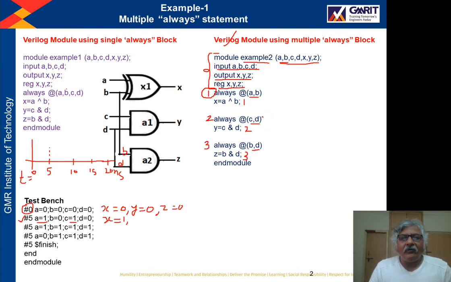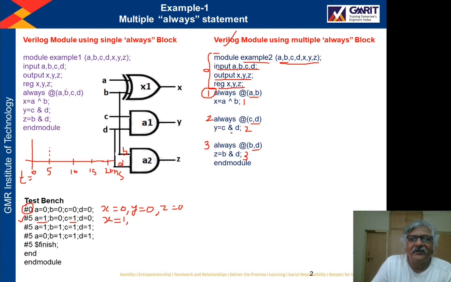Now see the always block 2. It has C and D in its sensitivity list. And here you see the value of C also changed to 1. So now, due to the event that occurred on C at 5 nanoseconds, always block number 2 is also active at 5 nanoseconds, and the statement inside this, that is statement number 2, will be executed.